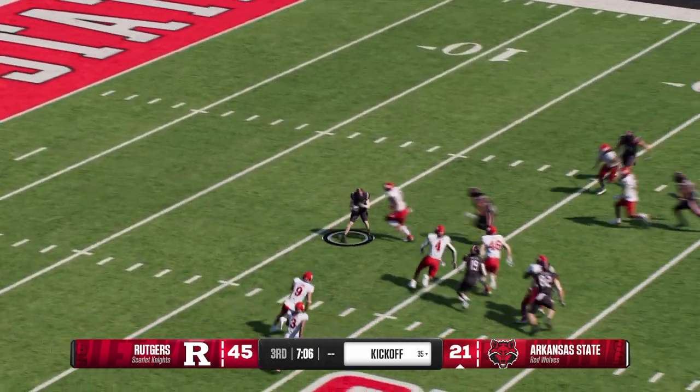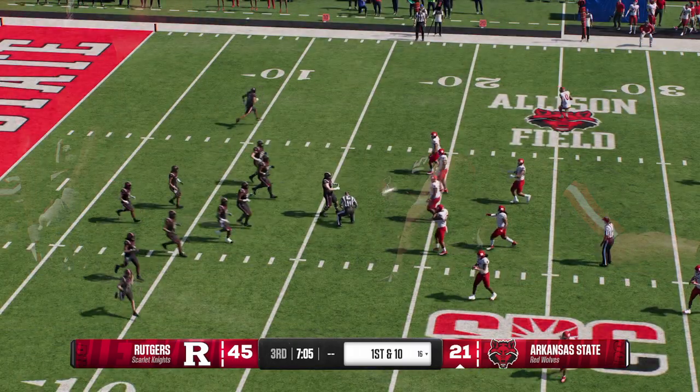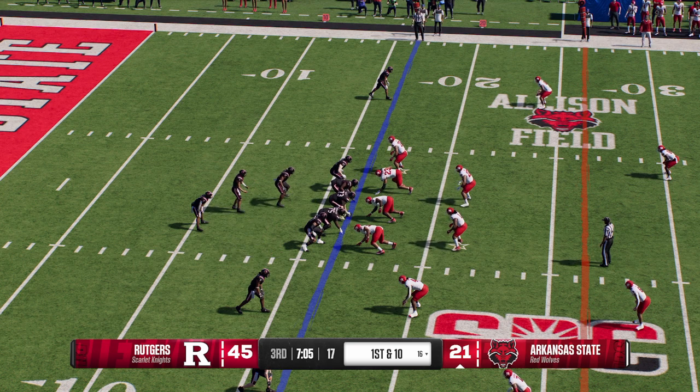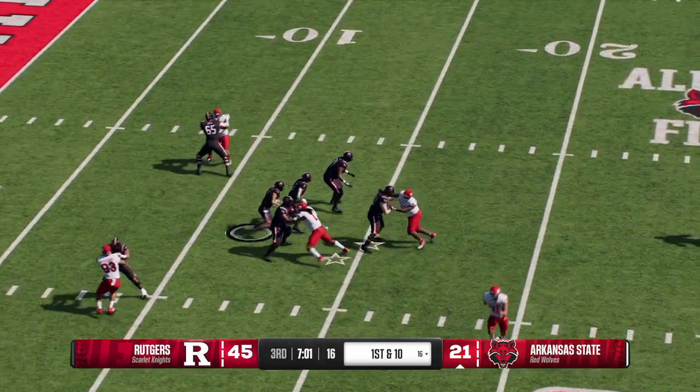On the move from inside his 5. Nice job by the kickoff team. Everybody stayed in their lanes, and they'll stop him at the 16. Arkansas State has it ready to go to work on offense. Last time, David, it was 1-2-3 kick. The last drive, that 3 and out, sometimes that puts your defense in a...